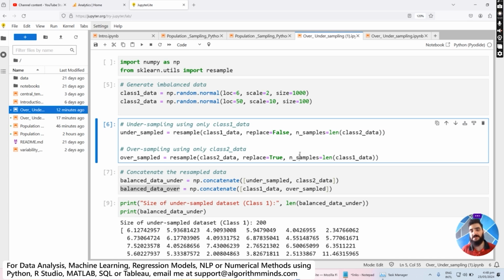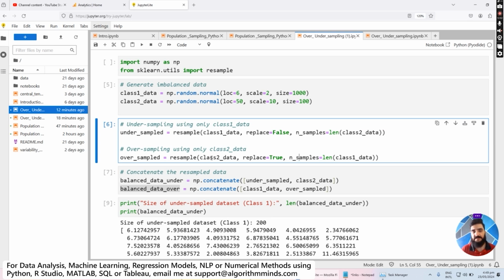So basically the objective of this Python statement is to bring category data, that is class 1 data, to 1000 samples, from 100 to 1000 samples. So how can we actually do that? First of all, we are going to pass the input argument class 2 here. I'm going to declare and initialize a variable named our sample. Then I'm going to create its value by calling this method resample. The first input argument I'm going to pass is class 2,